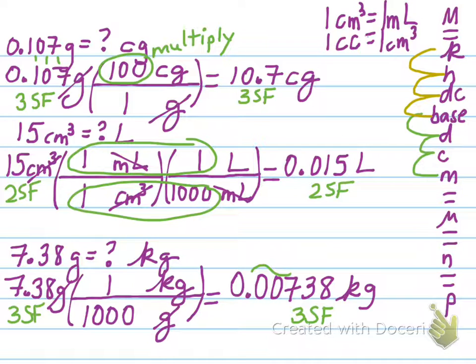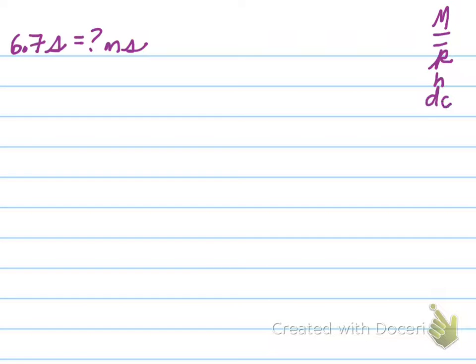All right, we're going to do 3 more problems. Our next problem, we have 6.7 seconds. We want to know how many milliseconds that is. Again, we're going to need our metric system. Okay. So we're starting with our